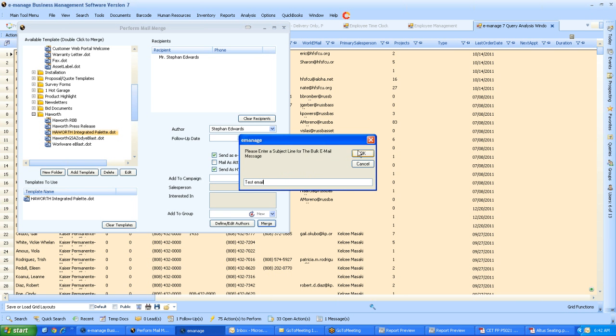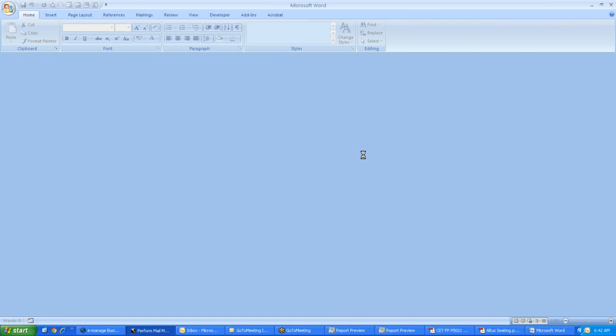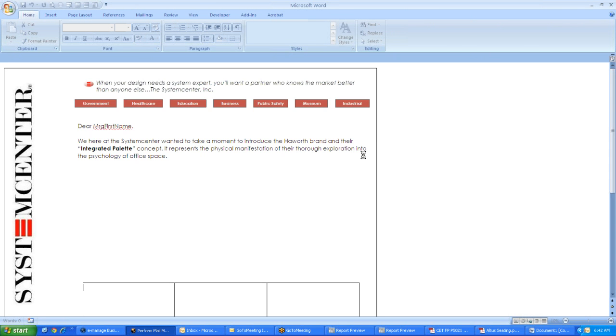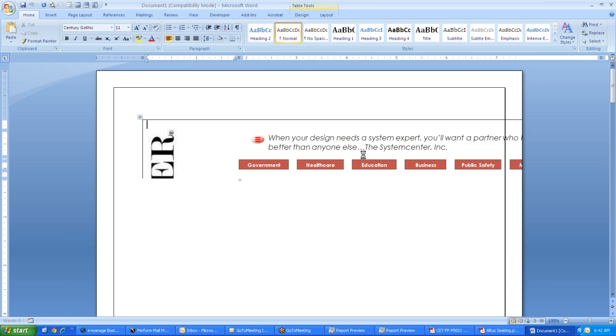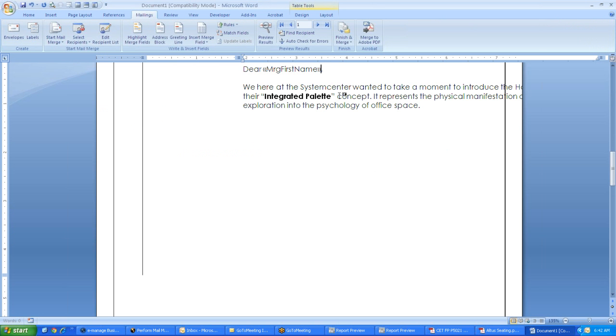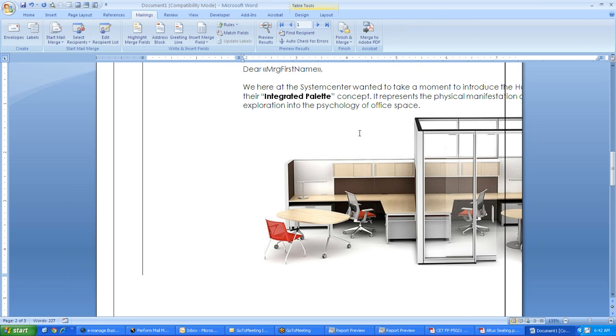So if you're doing a blast of people, you can keep track of it with a marketing campaign and see, are my emails being effective? Just like we showed in the very beginning with the marketing campaigns. So it's doing this initial thing, and then it's going to actually send it as an email. So Stephan, you can either look in your sent items or your